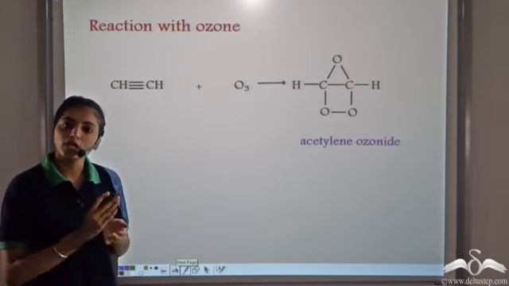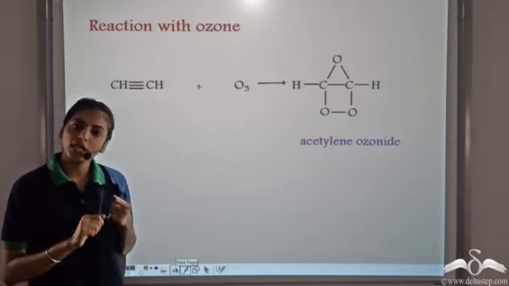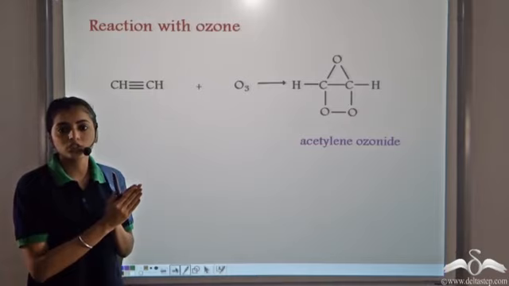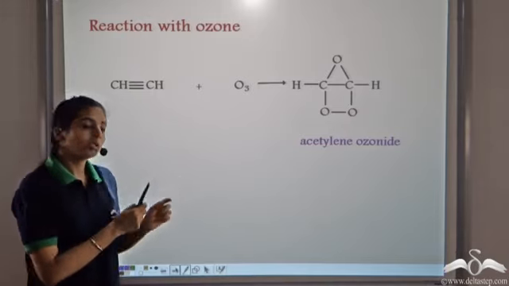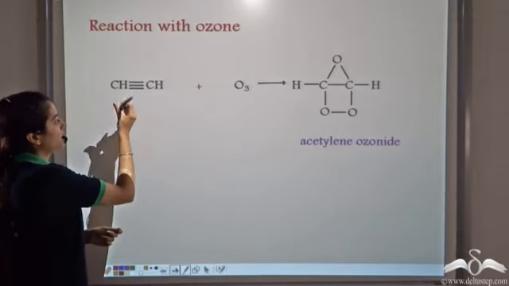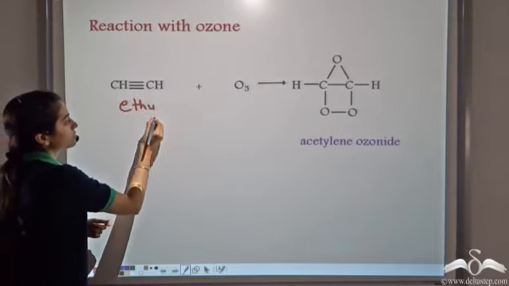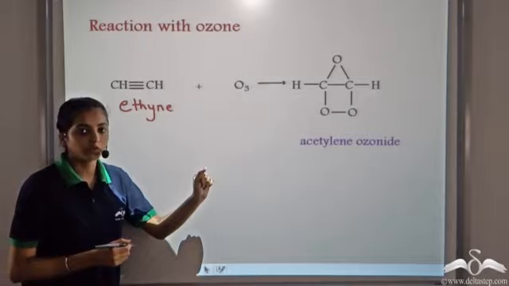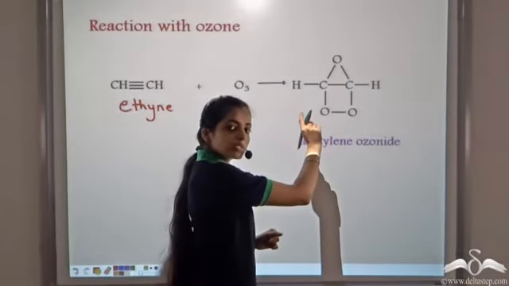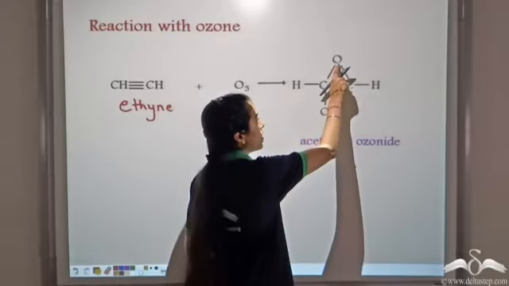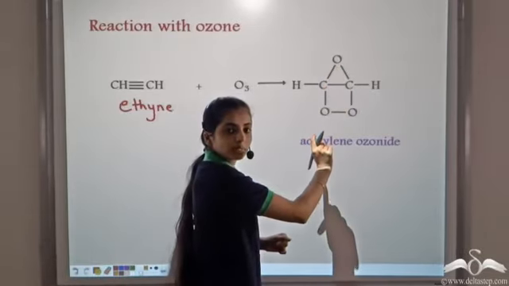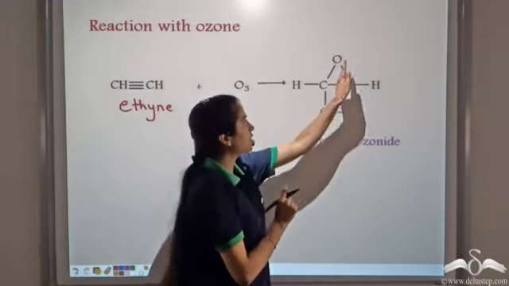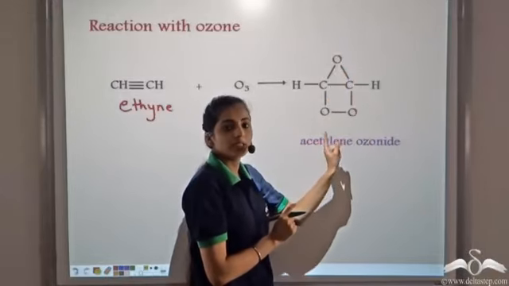Another very important reaction for alkynes: as we had seen previously for alkenes, alkenes on reaction with ozone, that is the ozonolysis reaction, form ozonides. Similarly, if we have alkynes, in this case we have ethyne. When ethyne is made to react with ozone, it forms a hut kind of a structure. So see, we have the two carbon atoms. One oxygen atom of ozone attaches itself to each of the carbon atoms, and the other two oxygen atoms attach to one carbon atom each. So if you look at the three oxygen atoms, they form a hut-like structure.